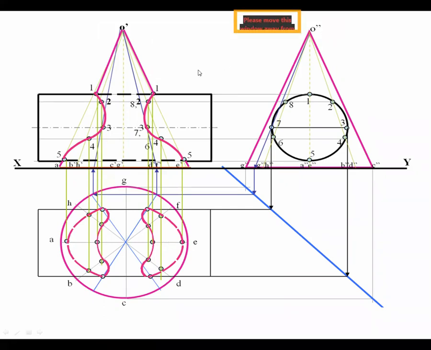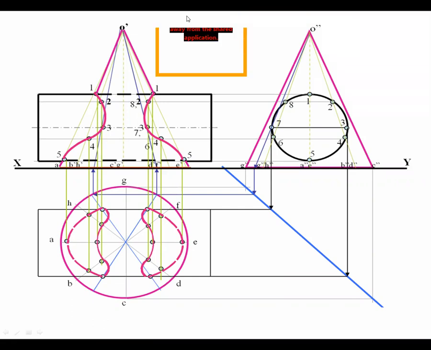This is our solution for the problem of cone is standing and cylinder is intersecting. So dimensions may vary, but in your problem statement, they have given you a cone standing on the ground floor and horizontal cylinder penetrating the cone. What will be the curve of intersection?